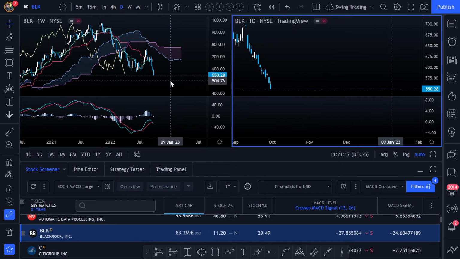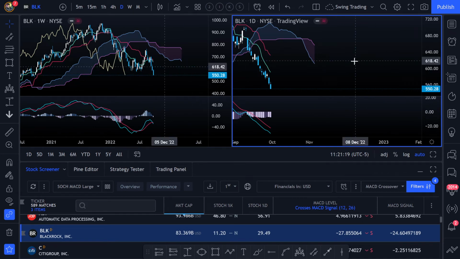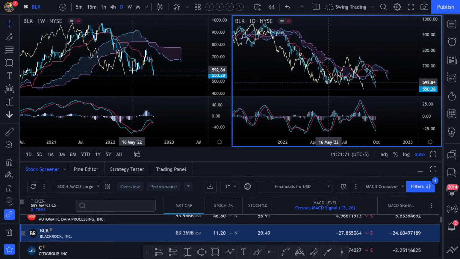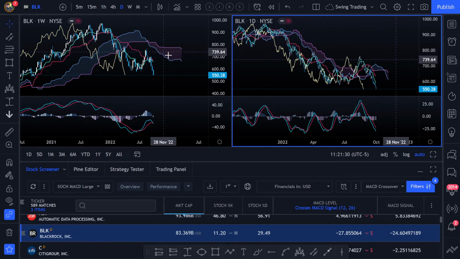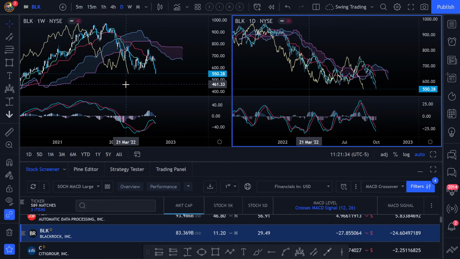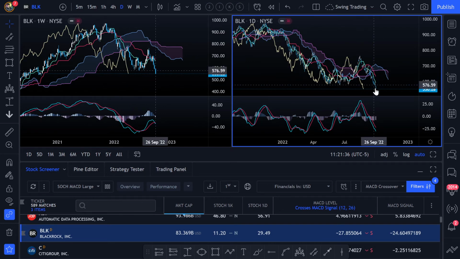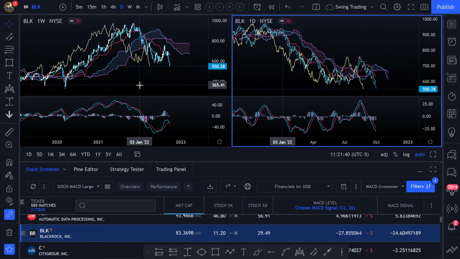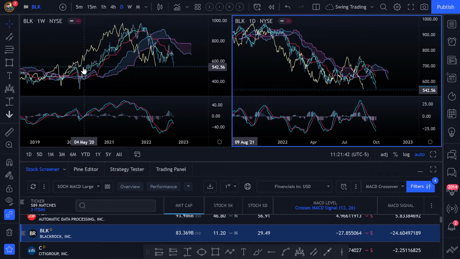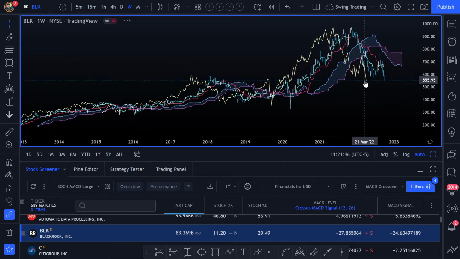BlackRock. Oh, well, another one that looks strongly bearish. Yeah, bearish MACD crossover in the weekly time frame and taking place below the weekly Ichimoku. So, daily clearly bearish. So, well, this is another one to short. And, well, perhaps not yet, because looking at the weekly time frame,